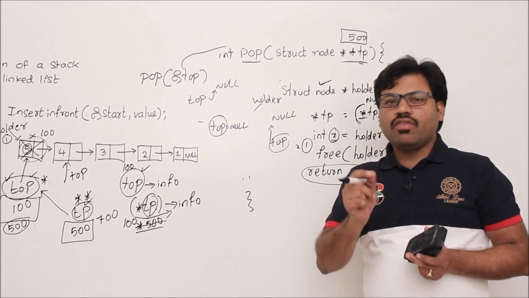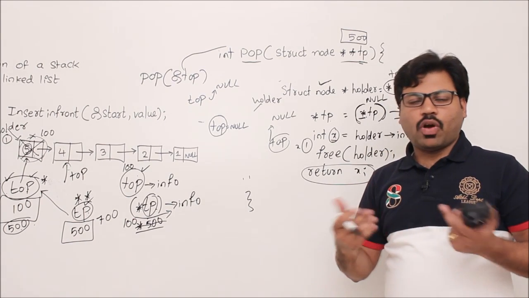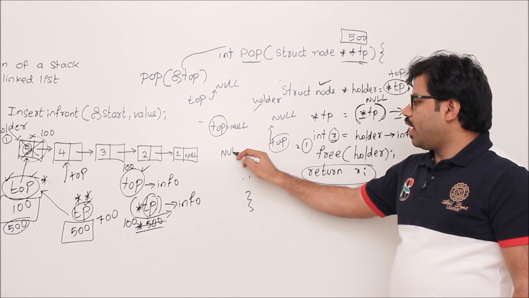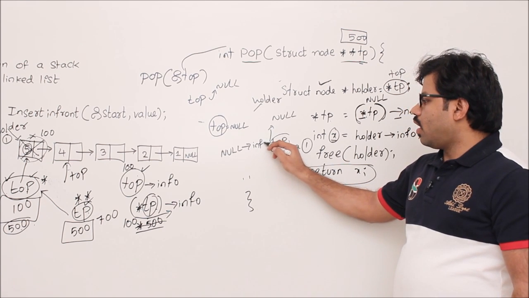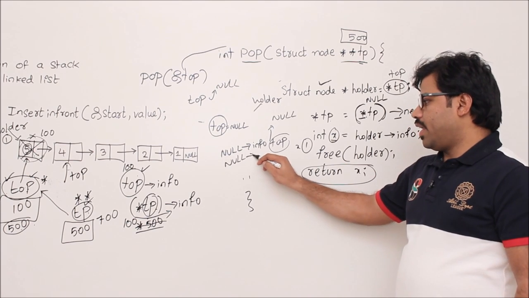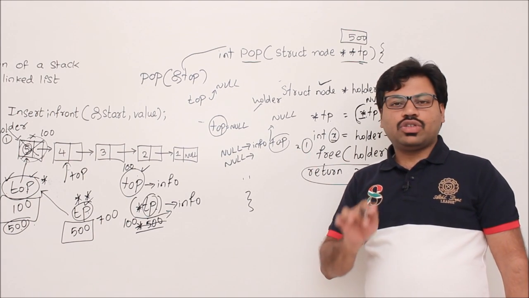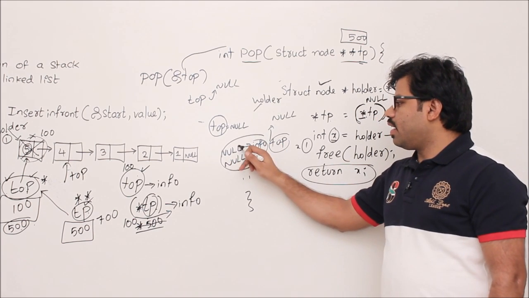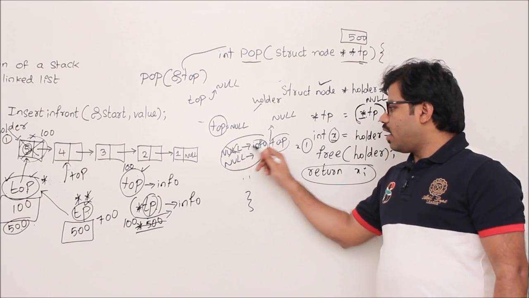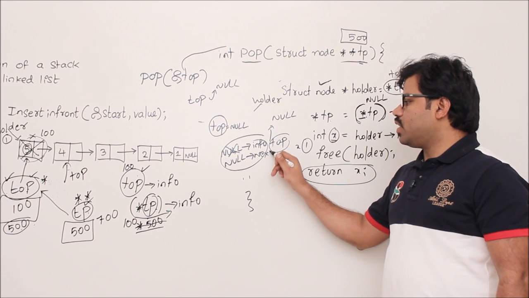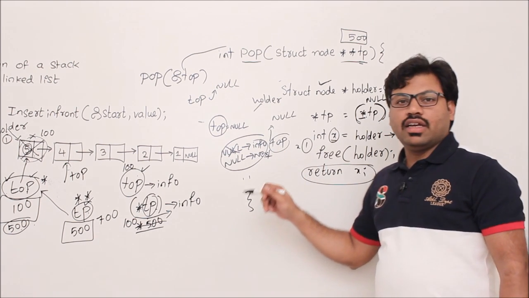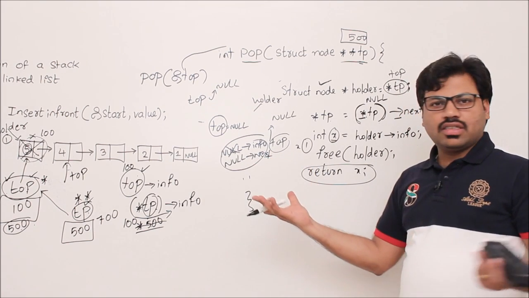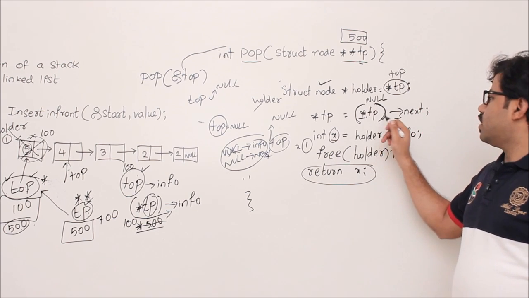Important question. Whenever the pointer is null, then accessing it is wrong. That means whenever you have null, don't ever access null->info or null->next. That will lead to segmentation fault. It is illegal. We should check whether something is null or not, but we should not refer to it. We should not treat it like a valid address. When you write null->info or null->next, you are unnecessarily accessing illegal data. There is no such data. Null means nothing. Nothing->next is invalid. That's why it leads to segmentation fault.